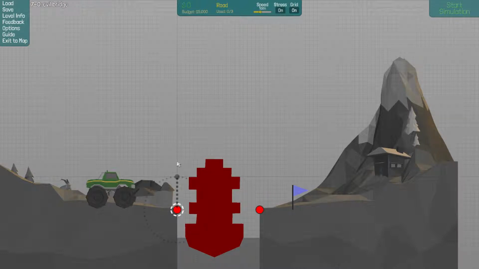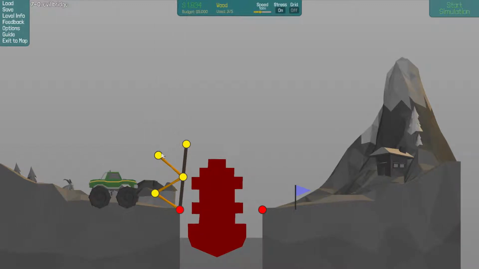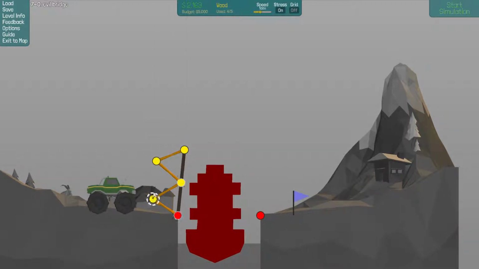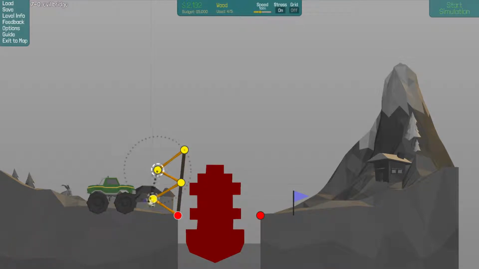And then I guess you have to drop the bridge from there. I almost feel like you could just let it fall into place, as long as it doesn't fall first. I don't know. We will see. Is that all the road I got? Yep. So